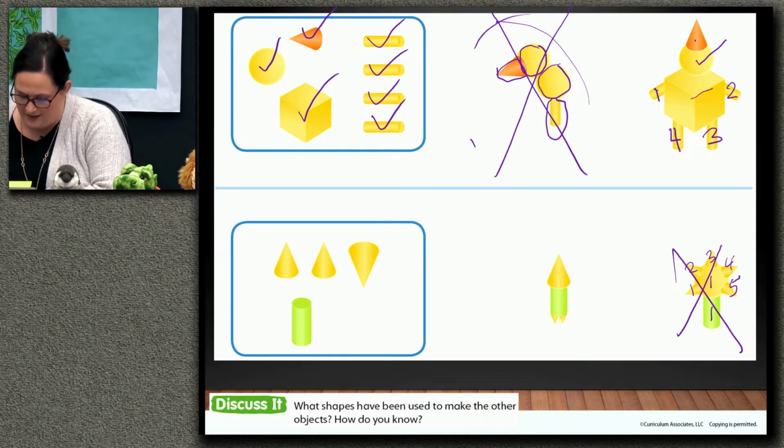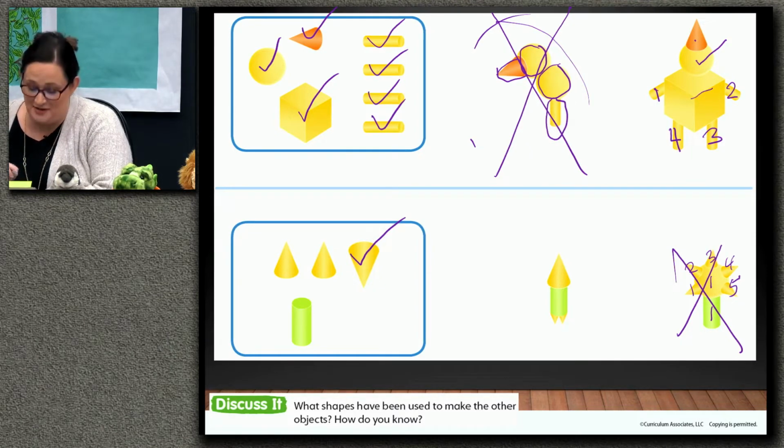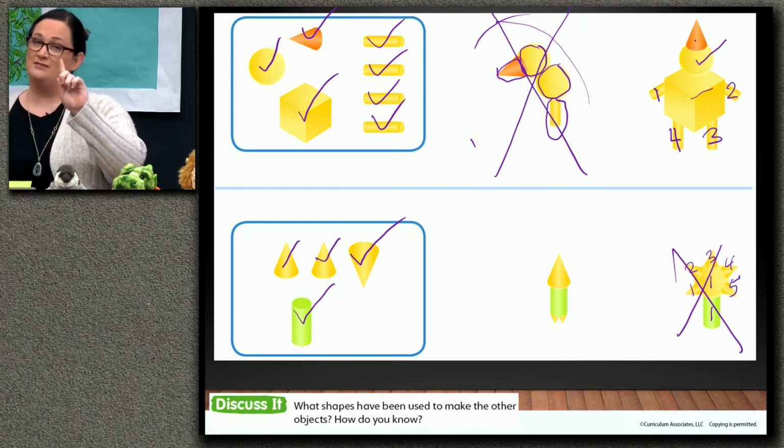What about the rocket? A big cone? Check. A green cylinder? Check. And 2 small cones? Check, but they tried to trick us, Mr. Kevin. They put the cones in the opposite direction, but we are smart mathematicians that are strong with our thinking,